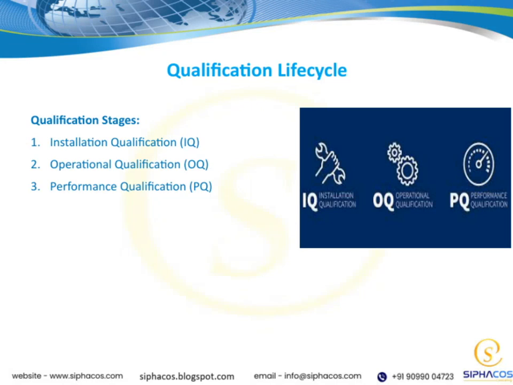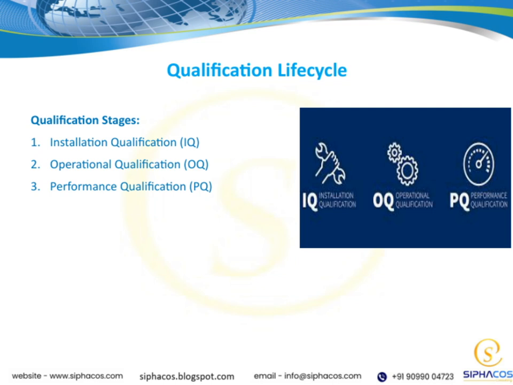Today, I want to walk you through the qualification life cycle, which is a crucial part of ensuring our systems and equipment are reliable and compliant. The process is divided into three main stages: installation qualification, or IQ, operational qualification, or OQ, and performance qualification, or PQ. First, with IQ, we focus on verifying that the equipment or system has been installed correctly according to the